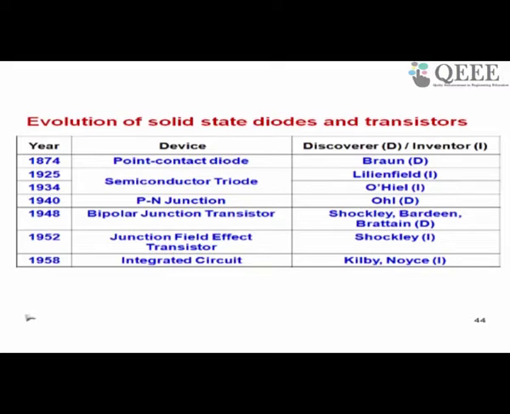This is the only instance of a person from an engineering background being given a Nobel Prize in physics. Why? Because it is the idea of integrated circuits that he came up with, which was responsible for putting a lot of devices on a single substrate and miniaturization of the device. And this miniaturization gave rise to new physics, because when you try to make devices on a very small scale, a lot of interesting phenomena happen, there is a lot of new physics in it. So it was felt that this invention of the integrated circuit has propelled a lot of activity in physics, and that is why this person was given the Nobel Prize in physics.